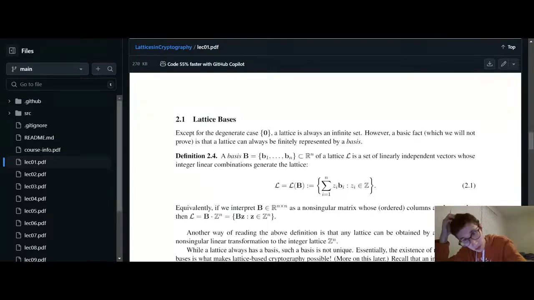C1, B1, such that C is an integer. Oh, I see. It's saying it's okay. I see. Okay, okay. This makes sense. This definition, well, the definition makes sense. The definition is saying